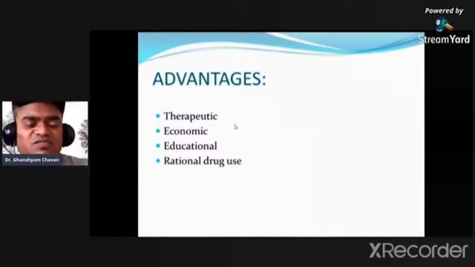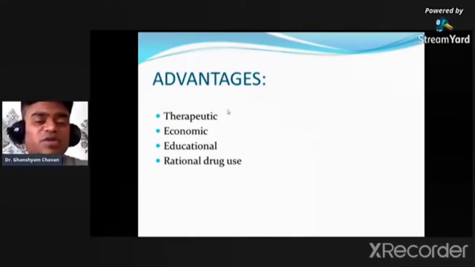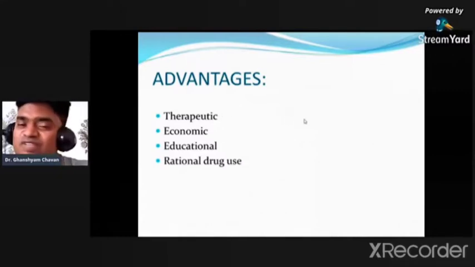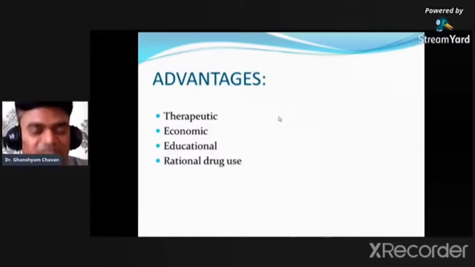In this fashion, for each therapy, in case of tuberculosis, we should go for the first line drugs, for example streptomycin, rifampicin, ethambutol. After 2 months or 1 month, we will change the drug accordingly if they are producing resistance. So this is the line of treatment, and in that line of treatment, the hospital formulary has a great role.